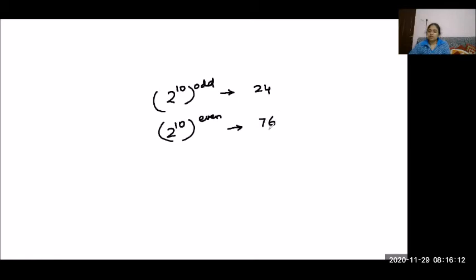In this, you need to keep in mind that 2 to the power 10, to the power of any odd number, will end with 24. And 2 to the power 10, to the power of any even number, will end with 76. So it will end with 76 or 24, and you just have to keep this in mind. Like we did for 3 to the power 4, 7 to the power 4, and 9 to the power 2 to get 1, here you'll be thinking of 2 to the power 10. After the cycle of 2 to the power 10, it repeats as 24 and 76 according to the power.